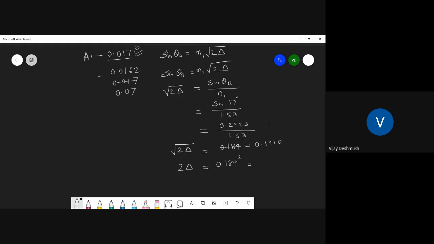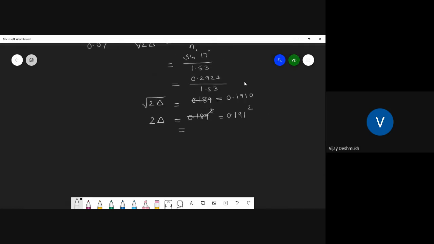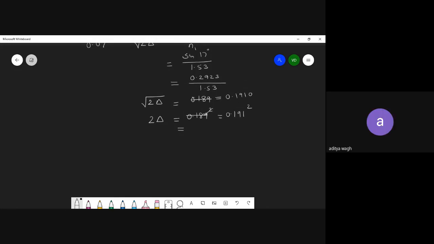So let me cut this. It depends upon the calculator and how you are doing the steps. A slight difference will come. Don't worry about it. So this is 0.191 square. And how much is that? 0.191 square. What is the square of 19? 0.4370? How will 4370 come? 20 squared gives 400. 0.036.